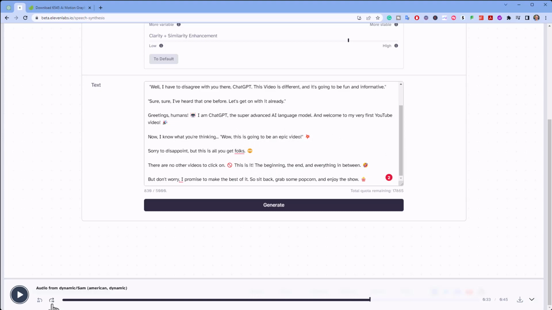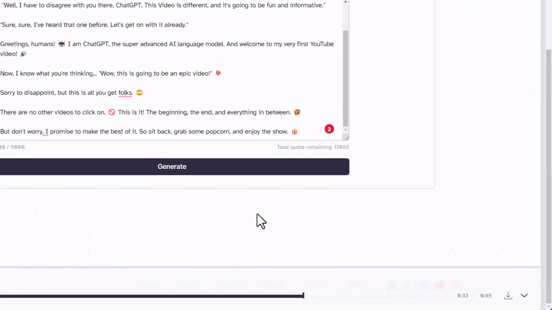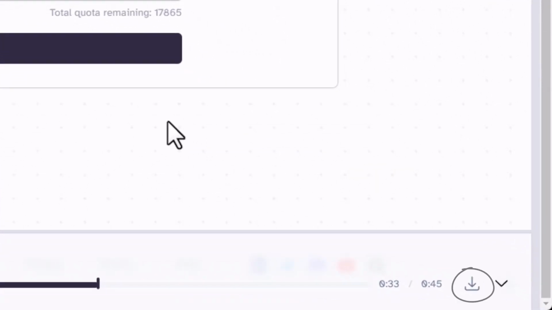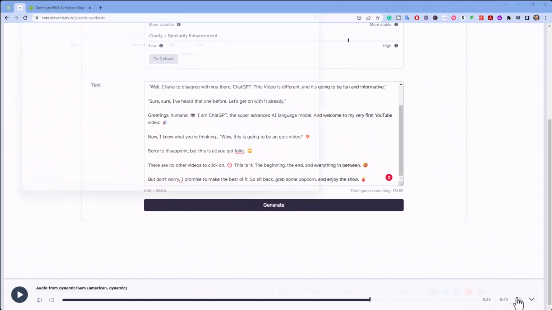Sounds absolutely amazing. And it also skipped the emojis. So I was a little concerned about that, but it just went ahead and skipped them altogether. Didn't know whether it was going to voice the emoji name, but it didn't, which is great. So now this completed script, it's done, it's generated. I can now download the file. In the bottom right-hand corner, I'm going to go down and click the download button.